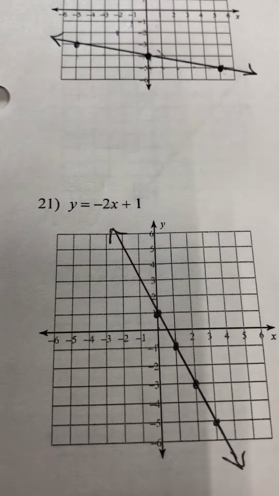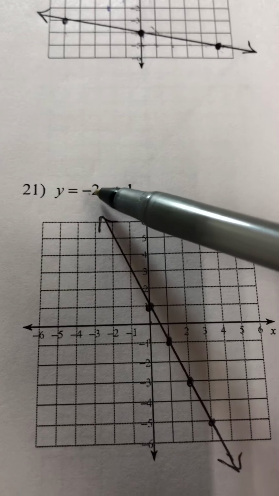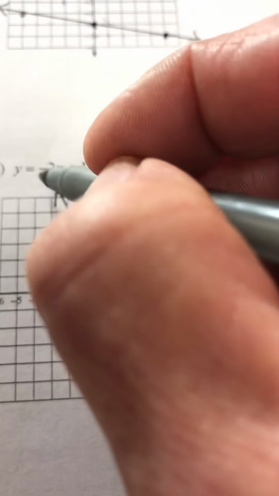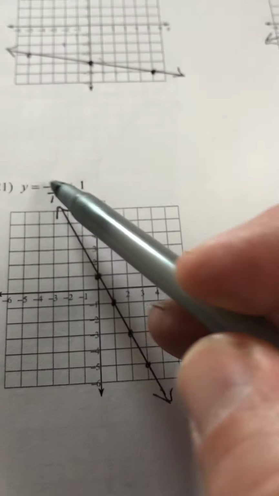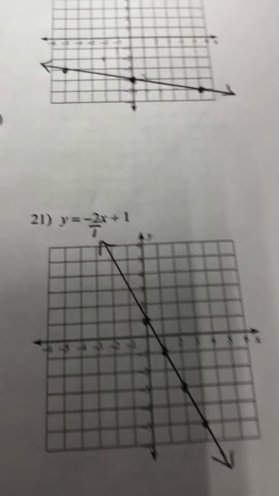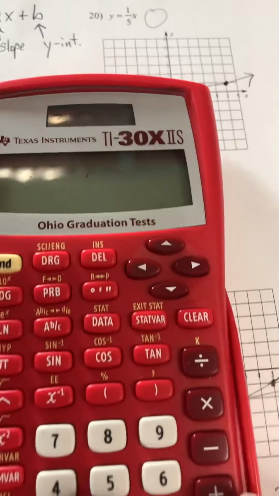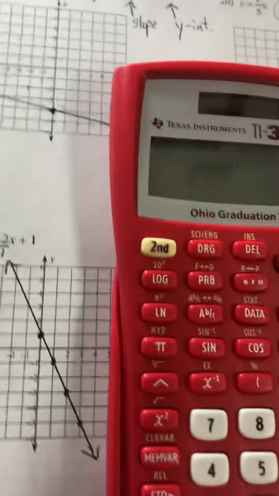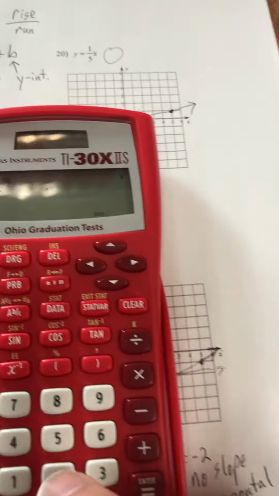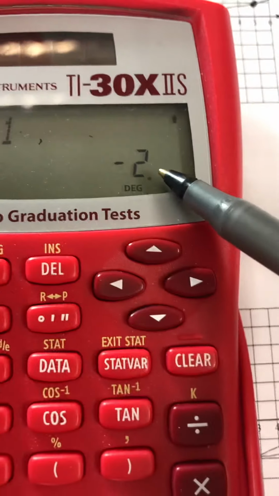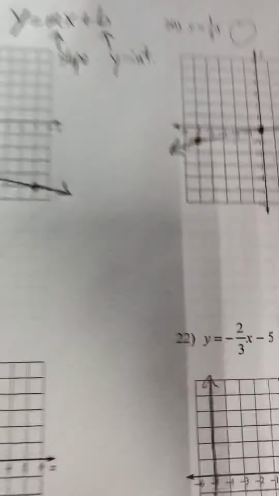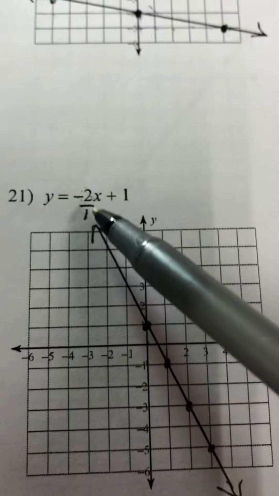-2. This means when you just see a whole number like that, put it over 1 so you could see the rise over run. Negative 2 over 1, if you were to put that in your calculator, is just negative 2. So just to show you what I'm talking about here. Negative 2 over 1. See negative 2 over 1? It's just negative 2. It means the same thing, okay? But I put it over 1 so I could see, okay, that's my